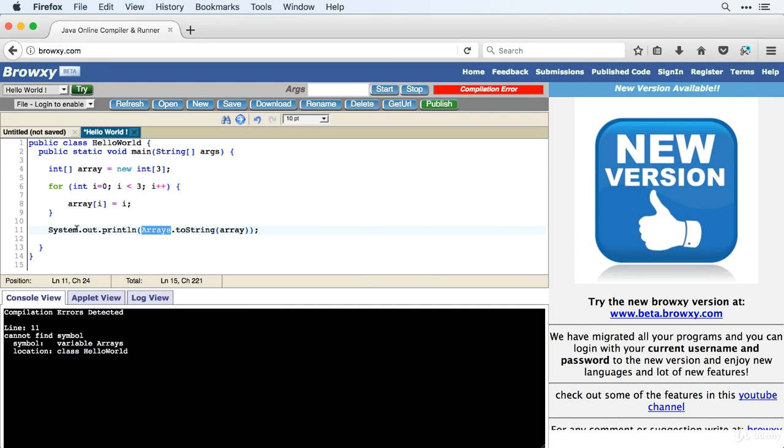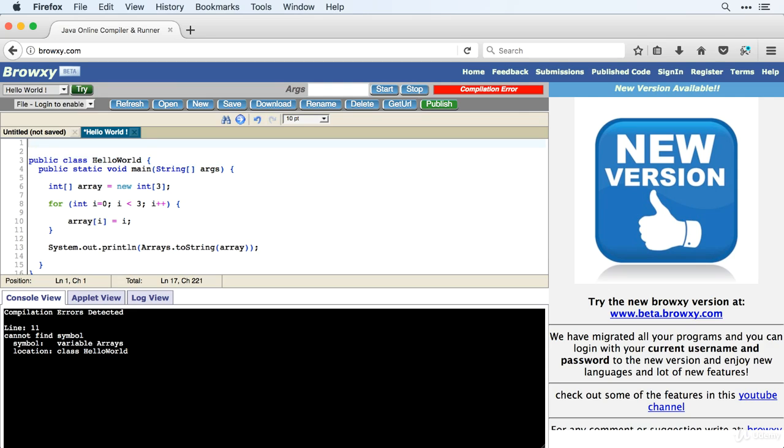Oops, and we've got an error on line 11. Let's see, cannot find symbol variable Arrays. That's because we have to import it. Okay, thank you for alerting me about that. Okay, so we've got import, and then we're going to say